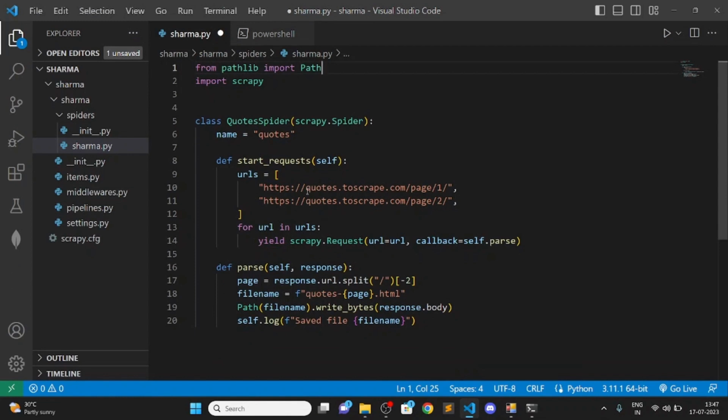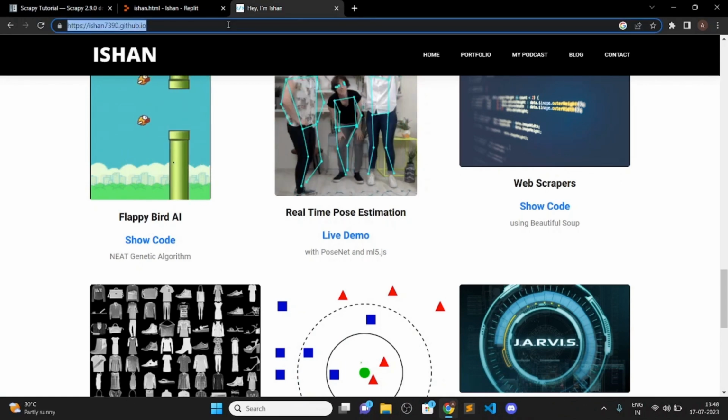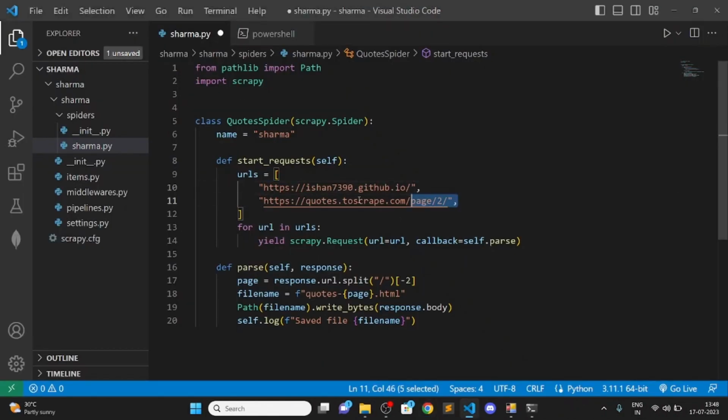I'll explain what it does, but first what we have to do is that if you see here in class code spider, we have this variable named name, and in the name we have this code. So we have to replace this with our file name. So if I have named this Sharma, I have to give Sharma here. All right, so I've given Sharma here, I've given Sharma here, and here I have to give the URL which I want to crawl. So this is the URL I want to crawl. So let's go here, let's do this,